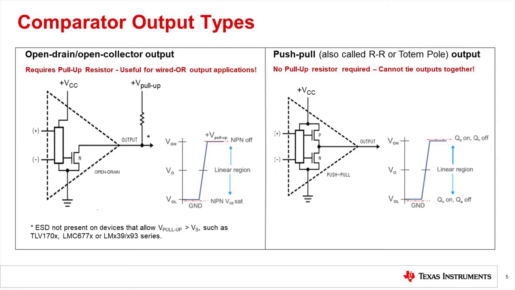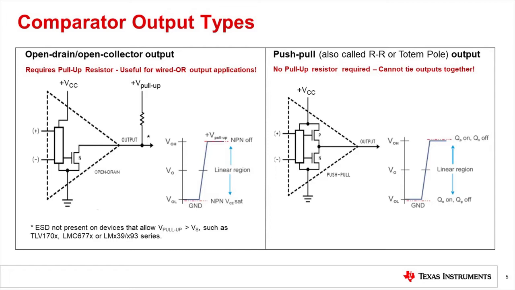And so the one on the left, which is the open drain output, has an output stage consisting of a single NPN transistor. And so when this transistor is on, it actively sinks current from the collector to emitter, and it pulls that output voltage down very close to ground, or 0 volts. And how close the output can swing to the ground depends on that saturation voltage from the collector to emitter.